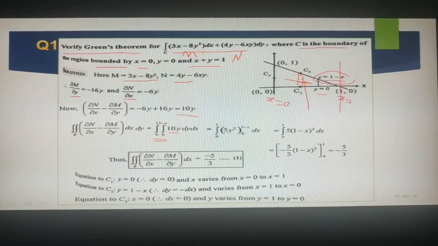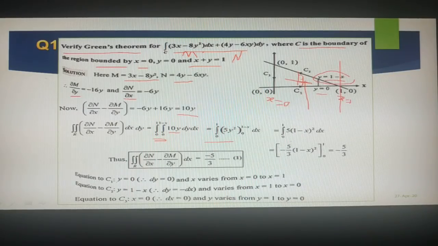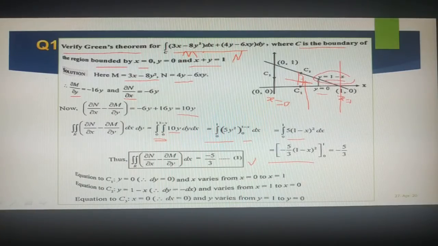Otherwise, please go back and do some problems in our multivariable calculus, what we discussed in our previous semester. I will not take much more time to explain this. Please go back and try to understand those topics. We discussed double and triple integrals in our previous semester, and that is required here. So it is very simple. Integrate this with respect to y, then with respect to x, apply the limits, and we get the result.